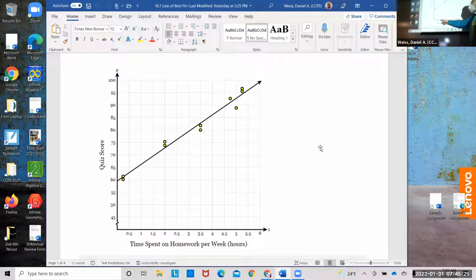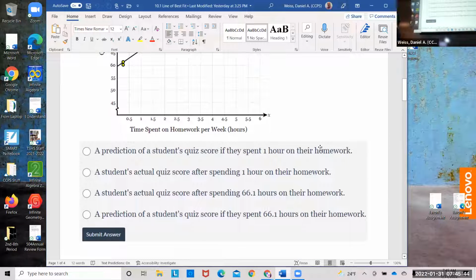So what is it for 1 hour? What would it be for 1 hour? What did people score in general? Upper 60s, right? Upper 60s. Now, you're going to have multiple choices on this one. This is going to be easy. Malia correctly told me that for 1 hour, it was upper 60s. So, does it make sense that a prediction of a student's quiz score if they spent 1 hour on their homework? Does that make sense that